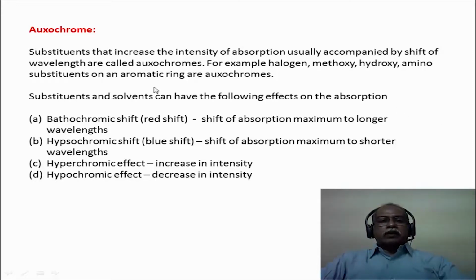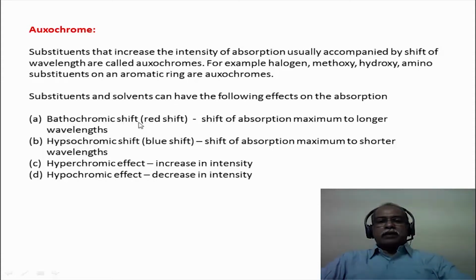So in addition to auxochromes, one can have, for example, substituents present in the molecule, which are the auxochromes, that can have the effect of shifting the wavelength to higher or lower wavelength. Similarly, solvents can also play a role, because solvation essentially increases or decreases the energy levels and thereby alters the wavelength of radiation by shifting it to higher or lower wavelength. These are some definitions that one has to bear in mind.